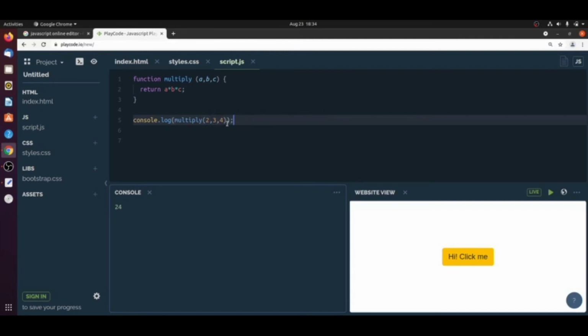Now see, it is printing 24. It takes the individual values and prints the result.